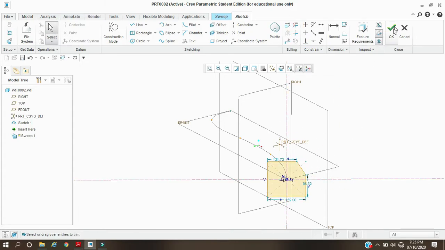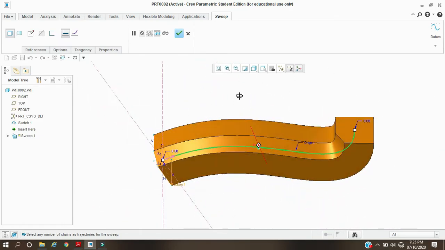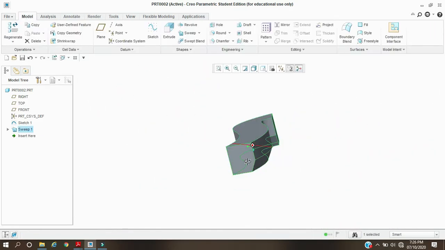For example, this is my feature and this is the sweep feature.